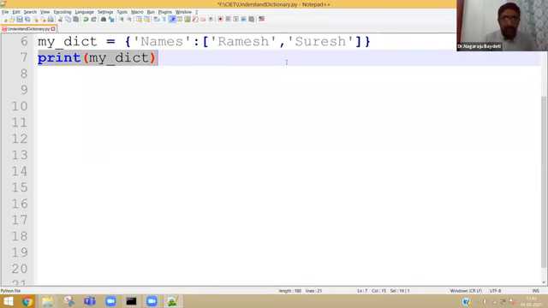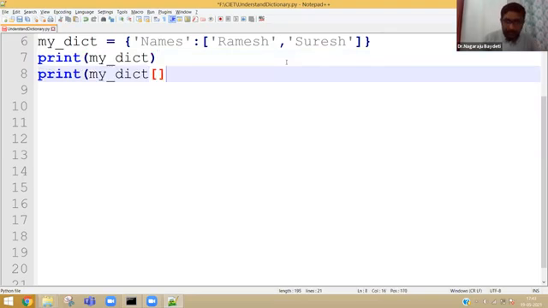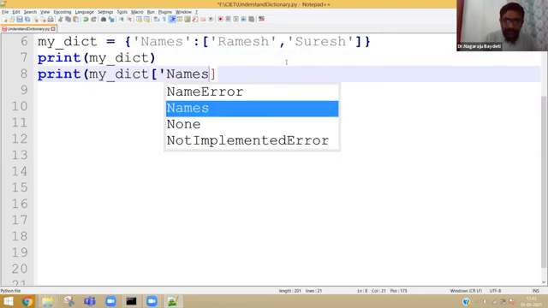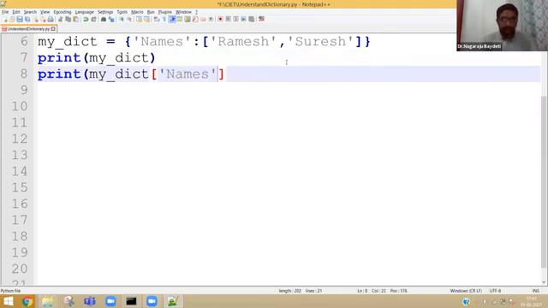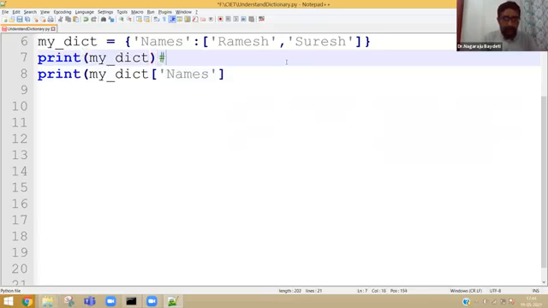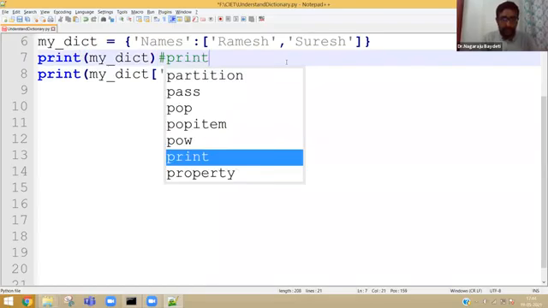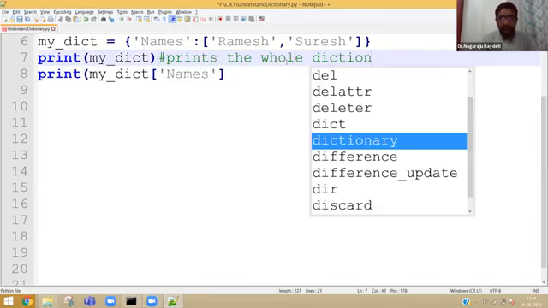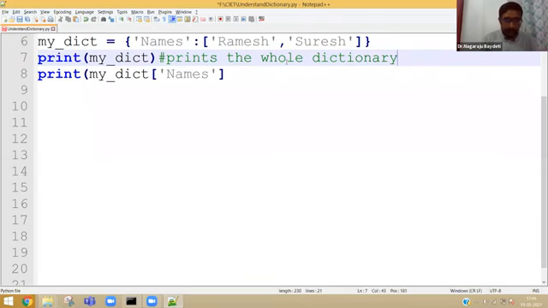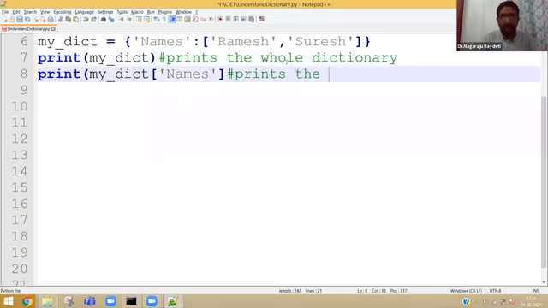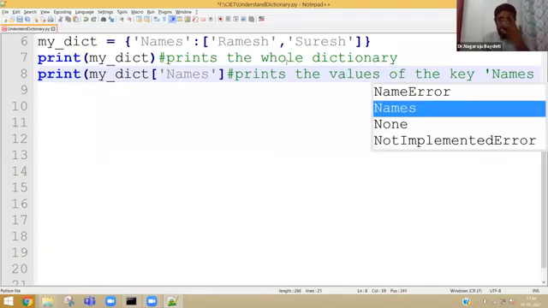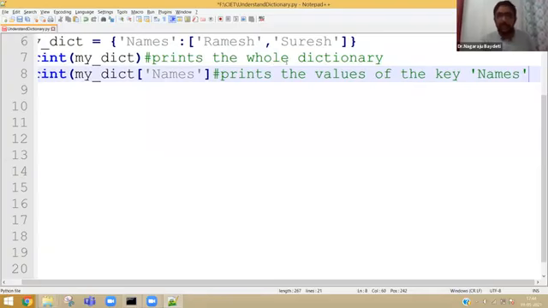See here, my dictionary, give me the values of the key names. So this prints the whole dictionary, and this prints the values of the key names.